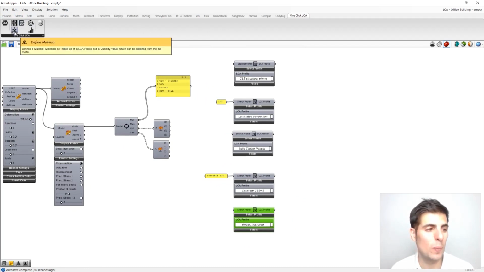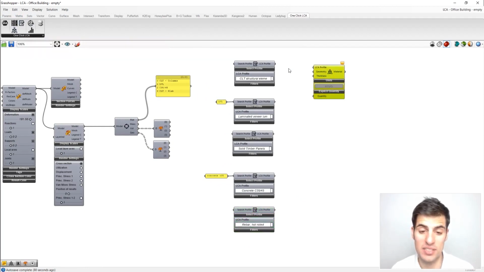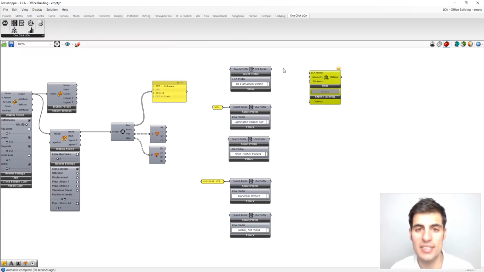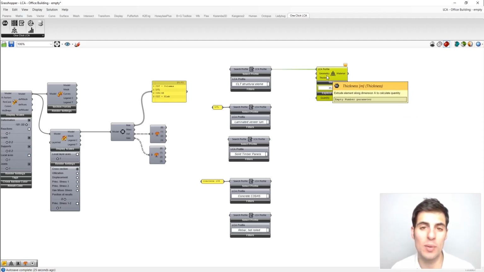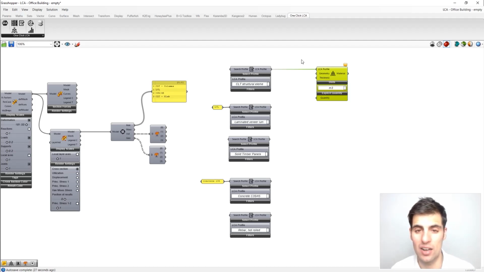would be to define our materials, which are basically these LCA profiles with a certain quantity attached to them. So this is my LCA profile, and you can see that when I connect it to the component, this drop-down menu for the units gets populated with the available units for this particular LCA resource. So in this case, I'm going to select the option cubic meters, and here, in order to specify the quantity, there are two options. We can either get the quantity automatically from Rhino geometry, right, a closed volume, and we